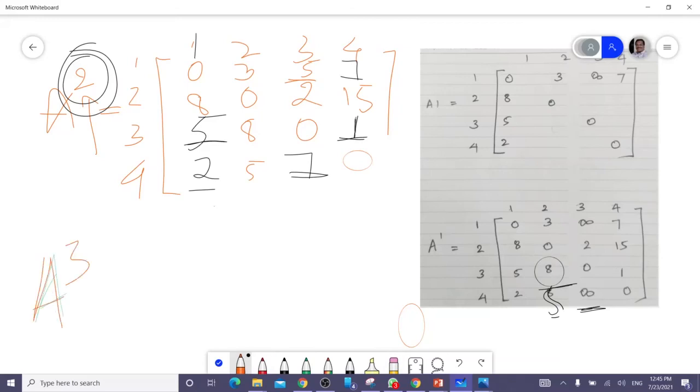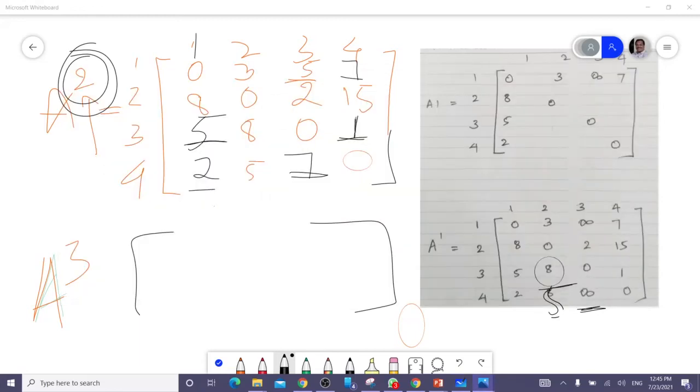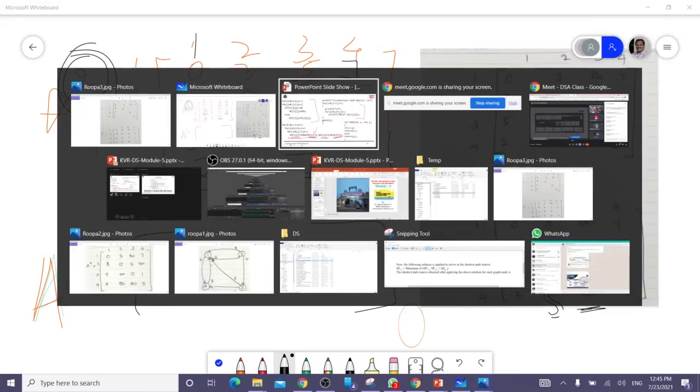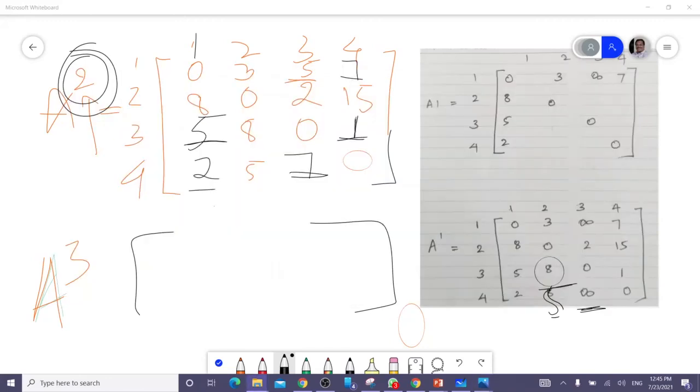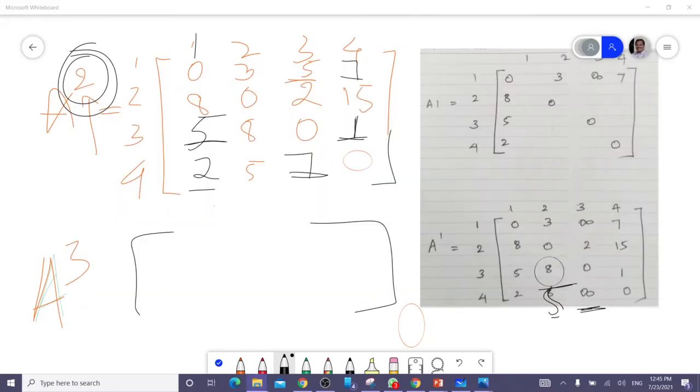With A3, you will find the shortest among all these things. It is already there on my desktop. You can see A1 is there. I'll open the temp folder.